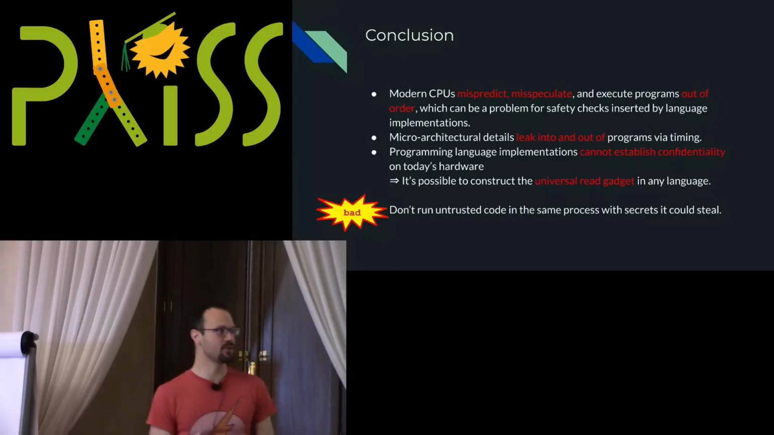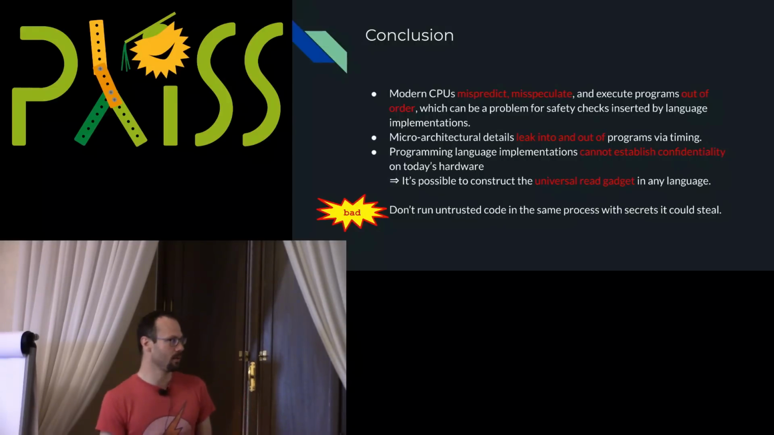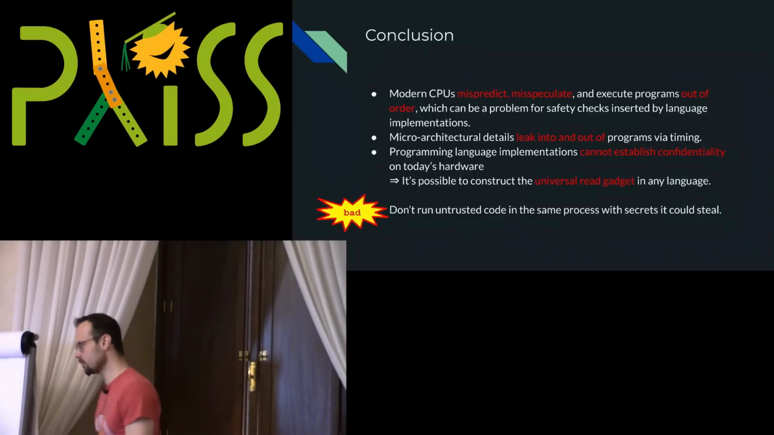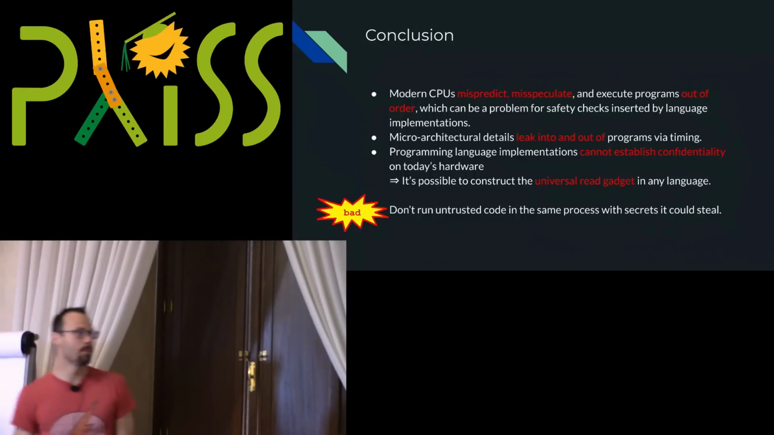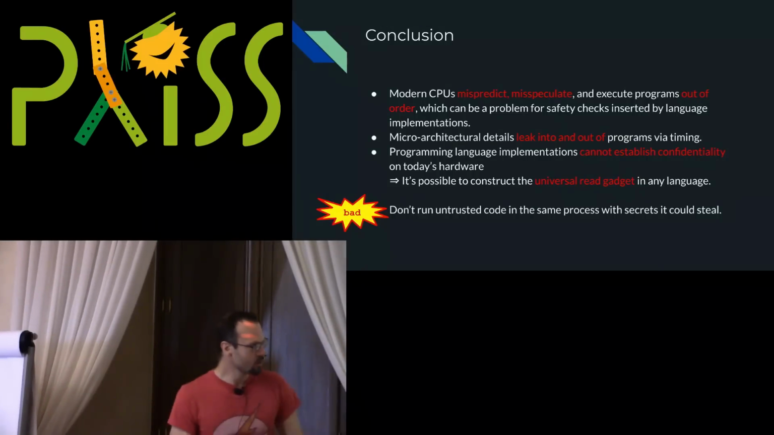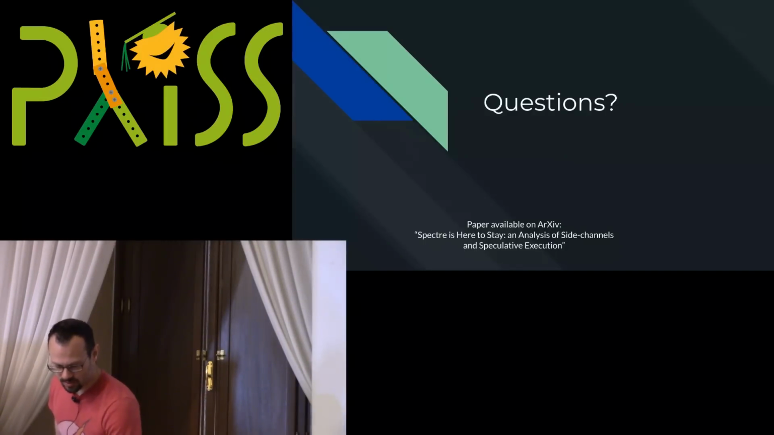So programming language implementations cannot really establish confidentiality like we all believed 2 years ago. And it's possible to just write this universal read gadget in any language. It may take you weeks and weeks of staring at machine code to do that, but it's possible. It's fundamentally not impossible. So you shouldn't run untrusted code in the same process where there could be secrets that